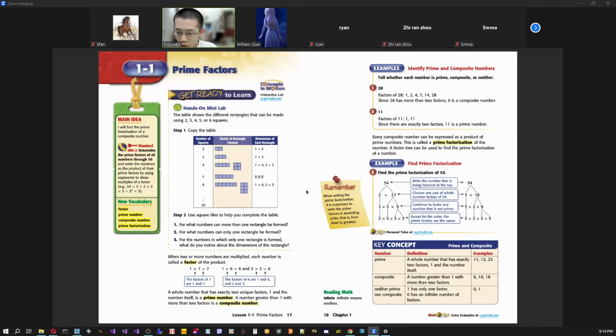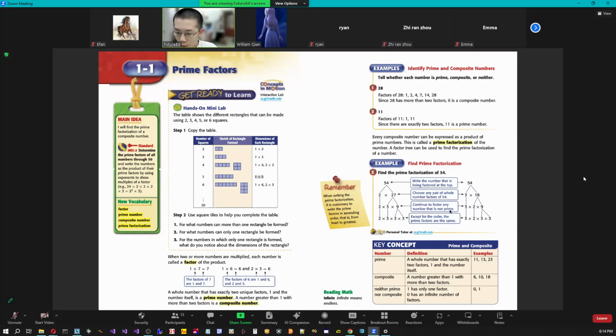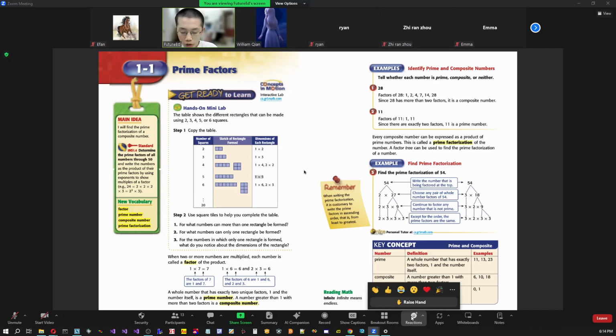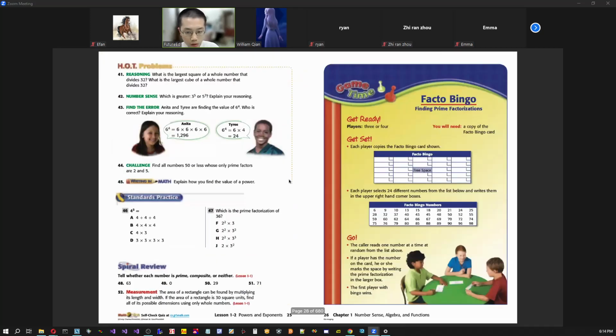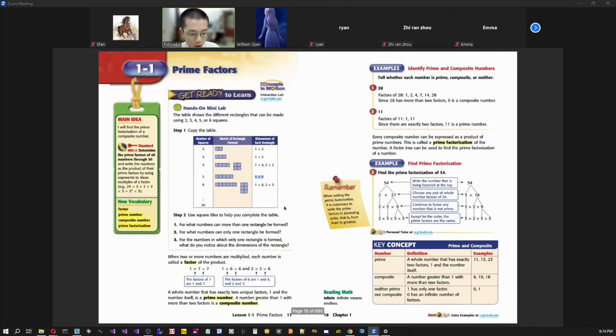Do you guys sort of understand this concept so far? Do you kind of know where I'm heading? We're just trying to take numbers and break them into their parts, or into parts you can make with rectangles, basically. So if we look back on the screen, what I'm talking about, when we're making parts, is that